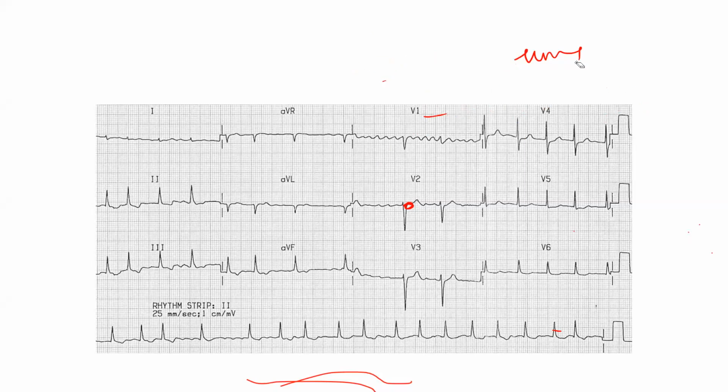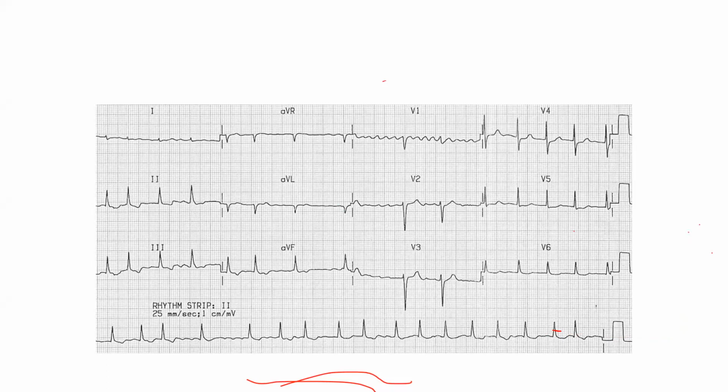Sir, in which lead do we have to look for this J point? Is there any particular lead? Actually, when you're looking at a rhythm strip, the best lead to look at is lead 2. Lead 2 is always good to interpret the waves as well as the rhythm. That's why in all ECGs you get a longer strip for lead 2 alone. So lead 2 is a rhythm strip which helps to identify and interpret different waves. For rate, you can identify it in any lead. It is not going to change. Rate is not going to affect the wave appearance in any of the leads.